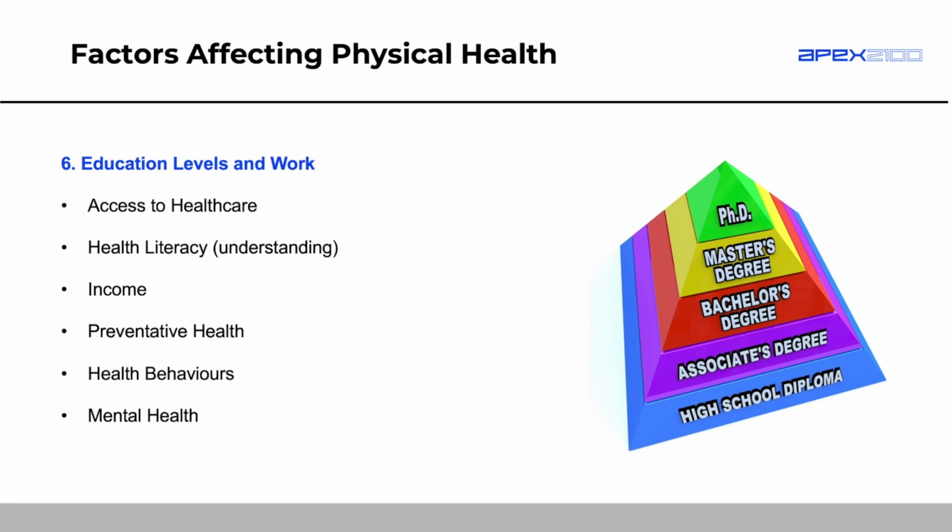With a greater income, I have better access to good quality food, to safe housing, and to healthcare as well. Educated people are more likely to engage in preventative health measures. This might mean regular checkups and getting your screenings done at the right time. For men, that might be prostate screening when you get to 40 years old. Health behaviors as well: higher education levels are associated with healthier behaviors such as reduced smoking rates and increased physical activity. So the more educated you are, the less likely you are to be smoking and to be physically inactive.